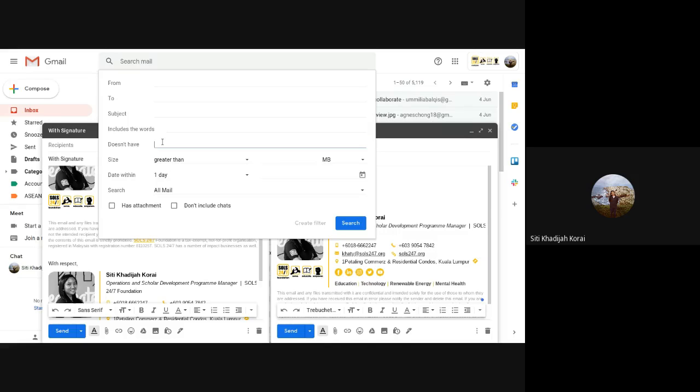Or let's say it should not be work related. Let's say work. If the email that was sent doesn't have the word work, then only will it automatically reply with the filter that I'm going to create, which is create filter,